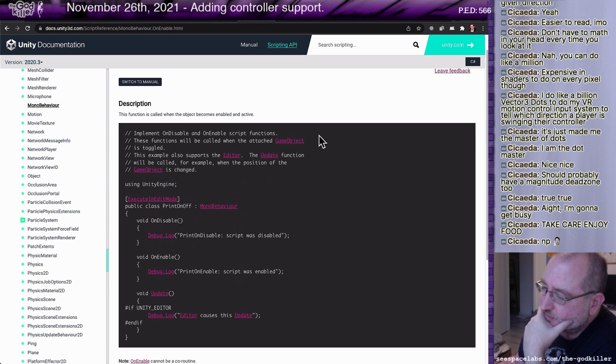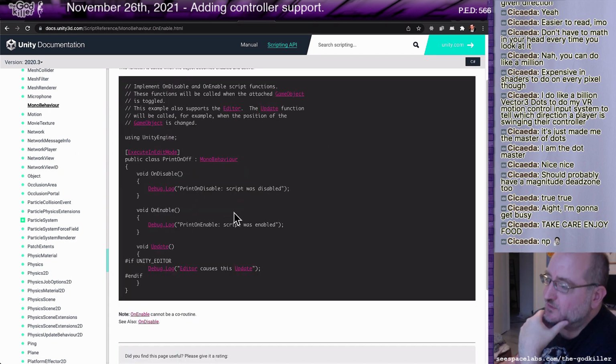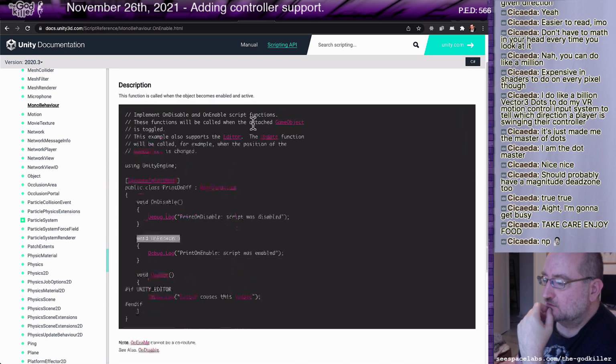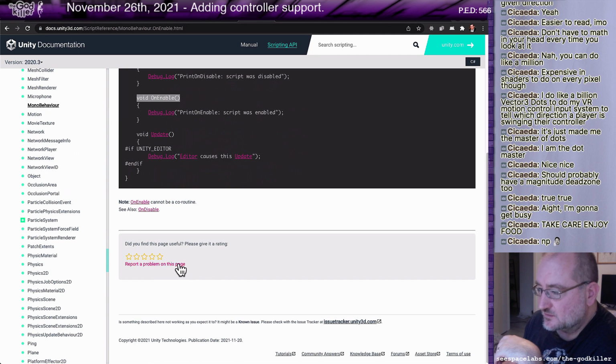And what is it that causes this to be called? How is this different from start, for example? Is there some other behavior, like if I tab away from the app, should it disable at that point? This is really terrible documentation.